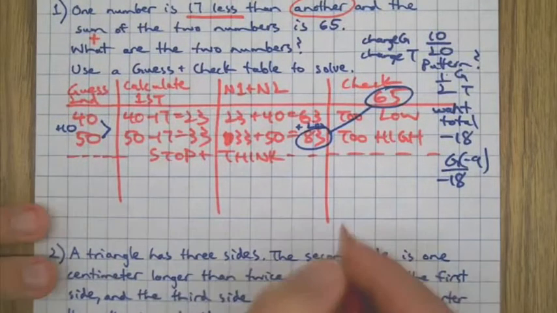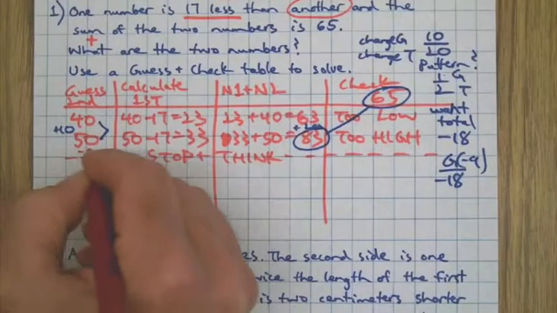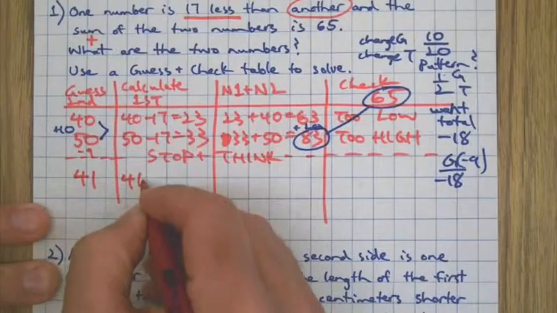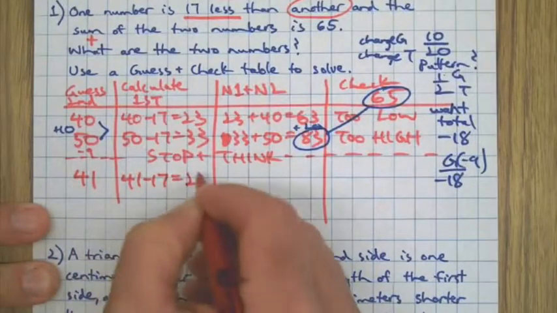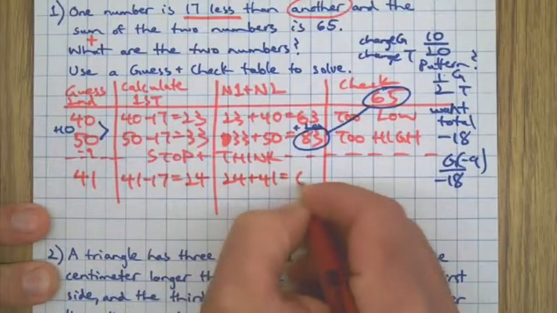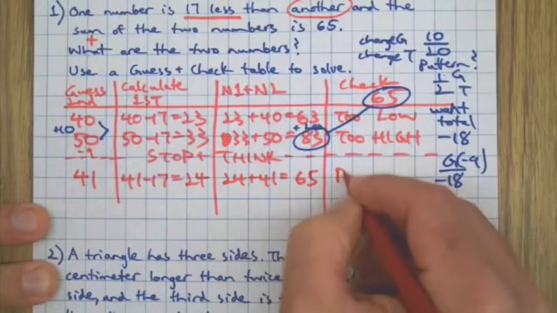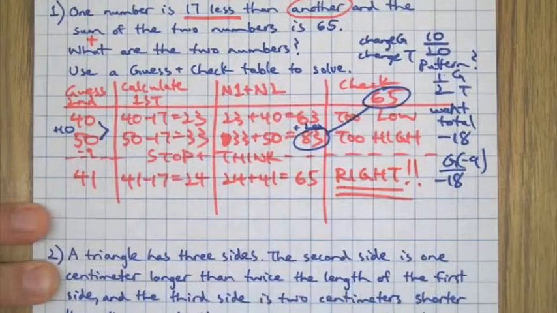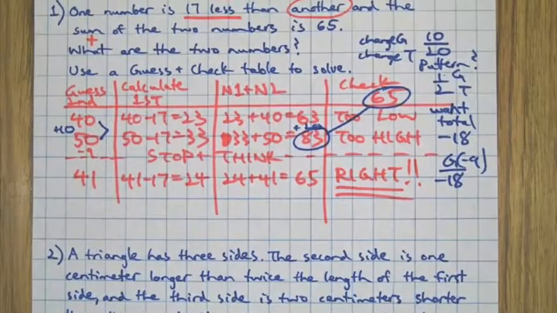I'm going to take away 9 from 50, means 41 is the correct answer. 41 minus 17 equals 24. 24 plus 41 is 65. And that is right. Stop and think. Got us there. If you need to slow down and check that out, watch the video again, because here we go to the